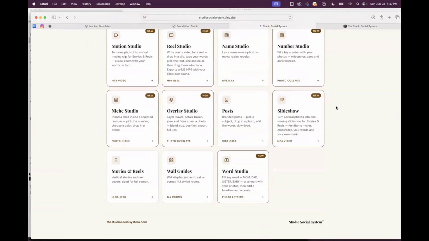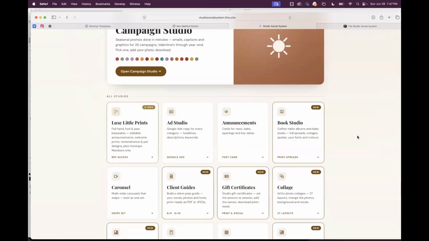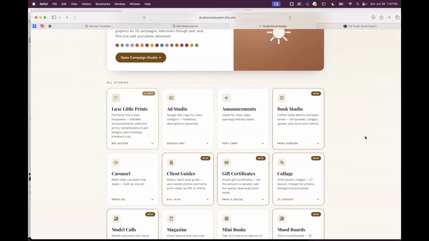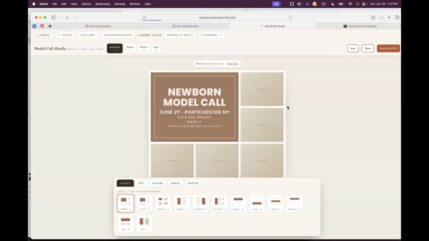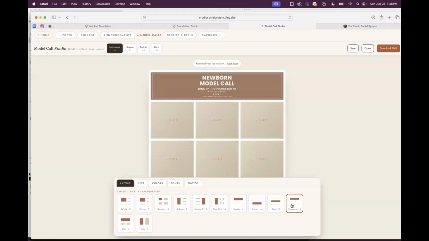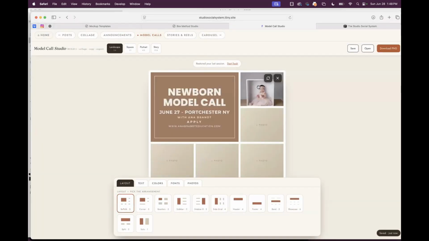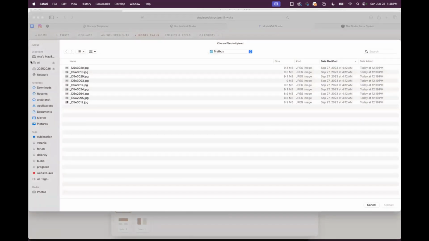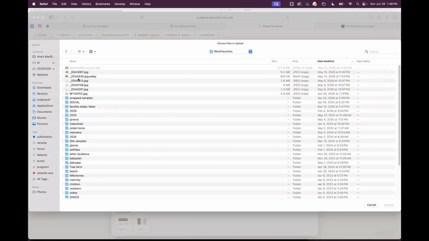So look at all of the different options that are here now. I don't have time to go into every single one because there's just so much you can do in here. But I don't even go into Canva anymore. So much so that I built my model calls in here because I was using Canva for it. And I was just like, no, I don't want to use Canva anymore. So now I can put my own model call graphics in. And a lot of it is just drag and drop. You just drag an image in, and this whole system is based on just drag and drop.